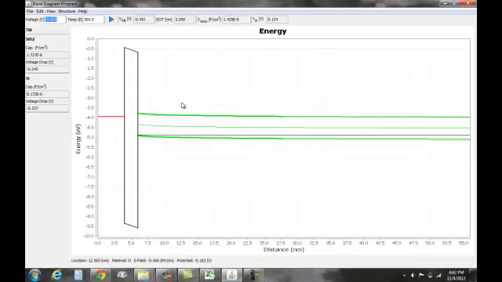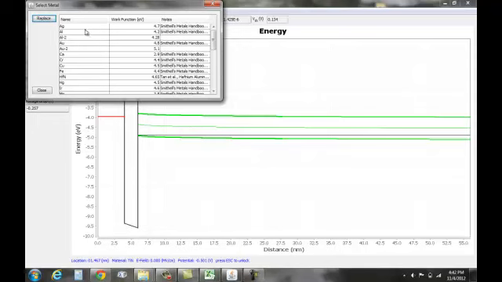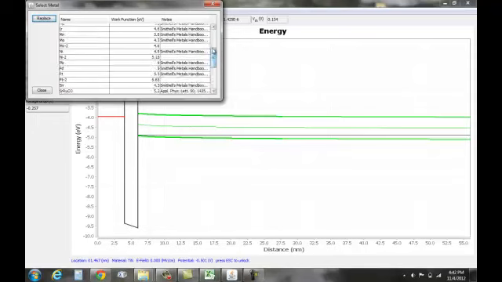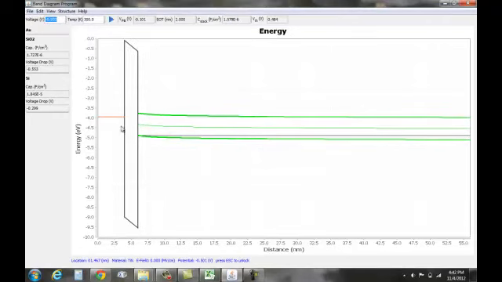If I want to change a particular material, let's say I want to change titanium nitride to gold, I can right-click, select Replace Layer, go through this list of conductors, select gold. There's several that you can choose from. I hit select Replace, and it changes. I can do the same